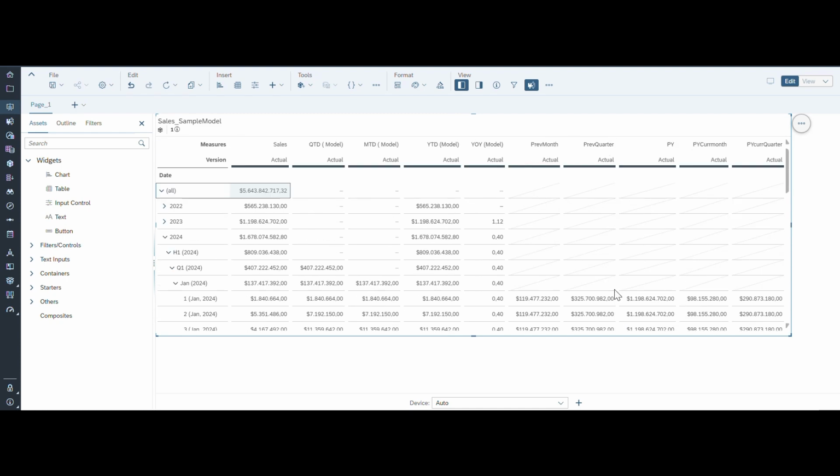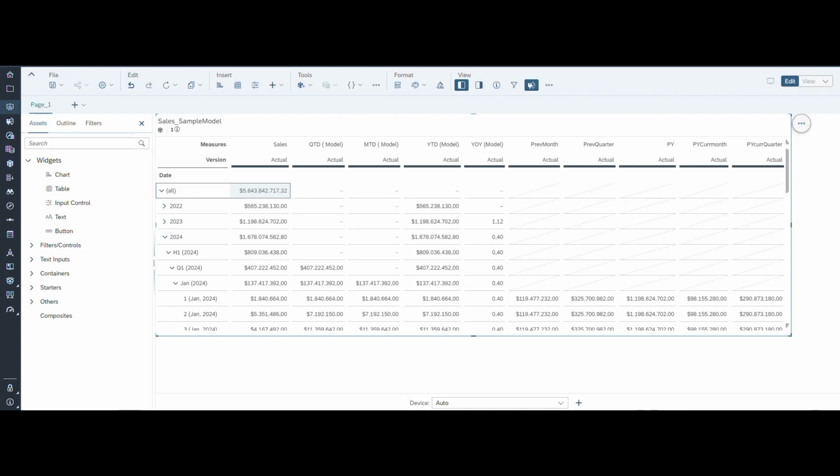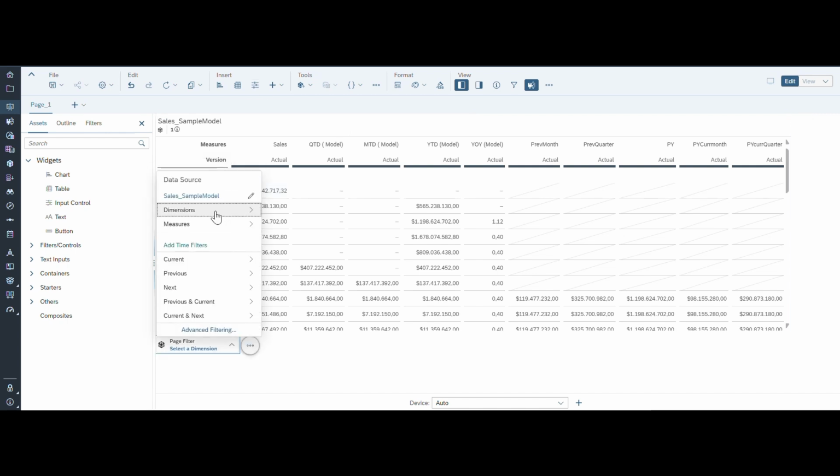Okay, so these are the calculations that we created using restrict, where we used the previous periods. We need to drill down to the lowest level, then only this shows the data. And the QTD, MTD accordingly, whenever you drill down to that particular level, that will start showing the data. Now here I will add an input control based on date,